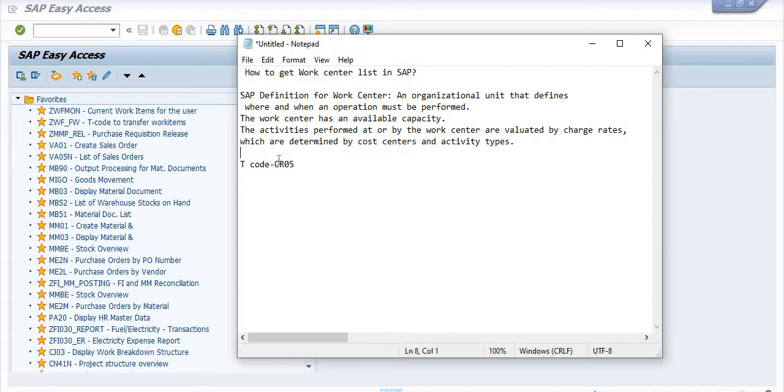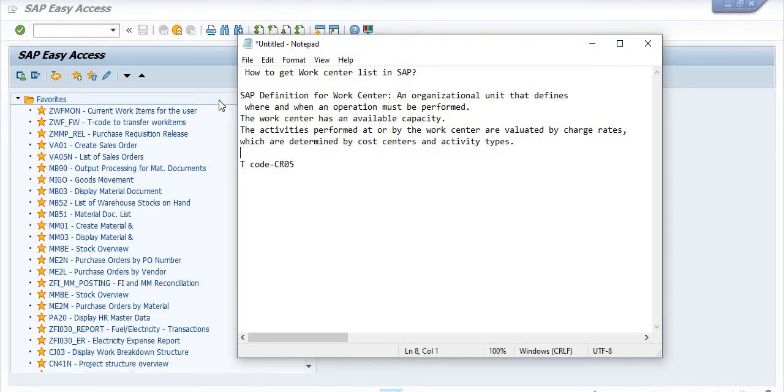The activities performed at or by the work center are evaluated by the charge rates, which are determined by the cost centers and activity types. For example, for the maintenance activity, there are certain work centers which are associated with CFA activity, CM activity, civil activity, electrical activity.